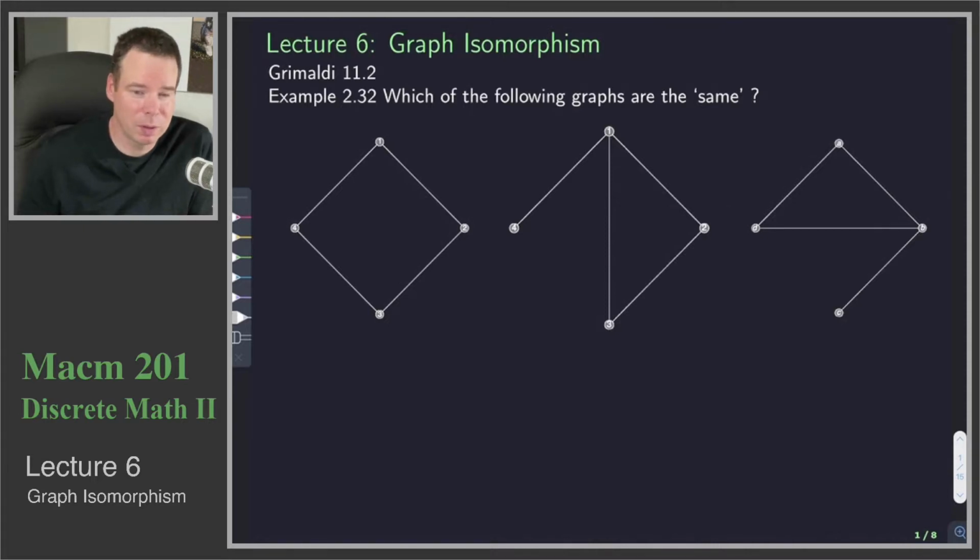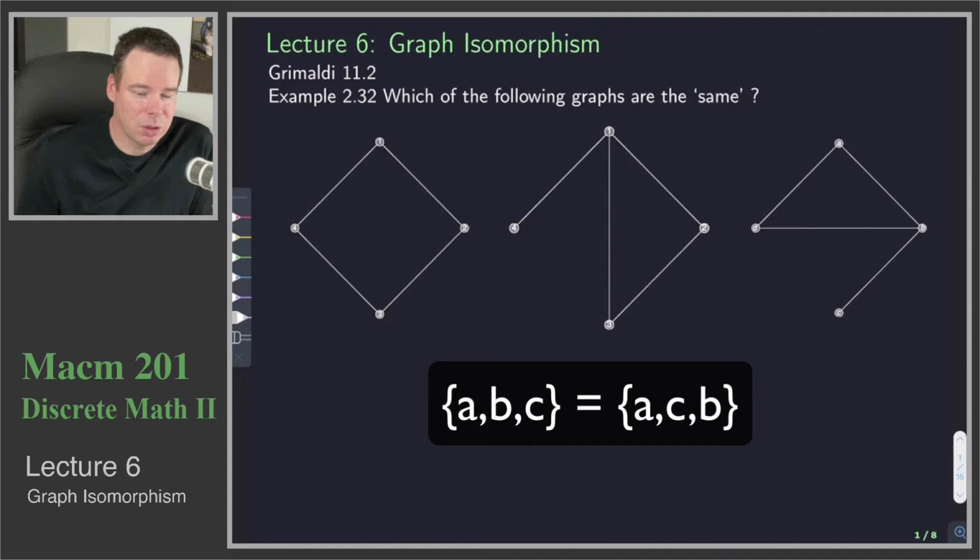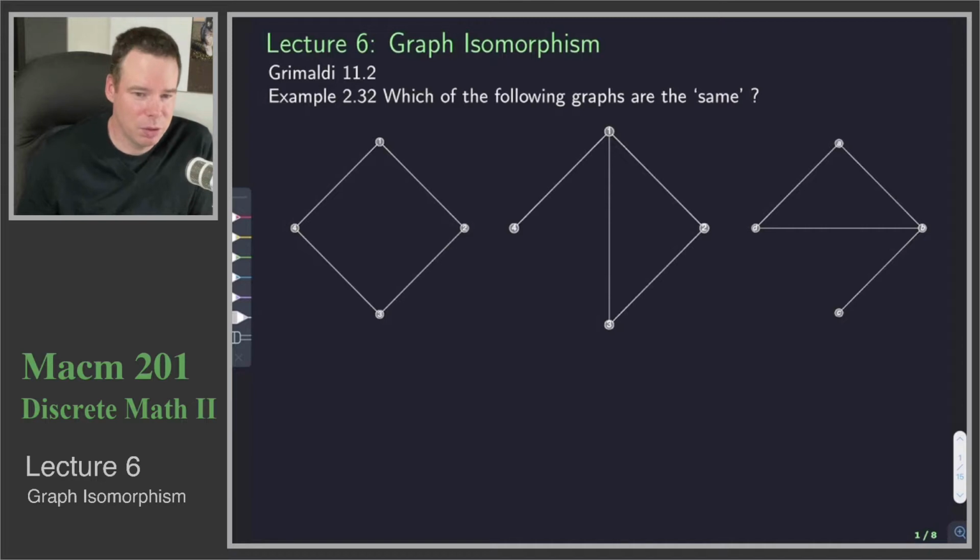So for example, when we were considering counting permutations or strings, order mattered. But when we were interested in counting combinations, order didn't matter. So in that case, we would have considered the string ABC as different from the string ACB. But as a collection, the collection ABC is the same as the collection ACB. So in combinations, we didn't care about order. In strings, we did care about order. And so that's what this first example is really about here. What should we consider the same? What should we consider different